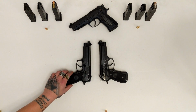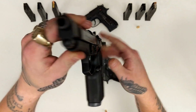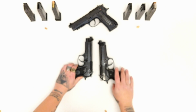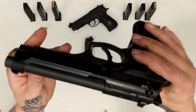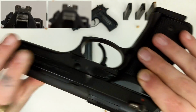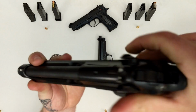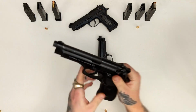So what we got is this is the 92FS, and you'll see both sides there. Pretty looking gun. This one was made in the USA, as was this one. These are both Italian firearms, and this one has the Trijicon night sights on it. Both of these have the front sight permanently affixed to the slide. You'll see the rear sight is removable and replaceable,